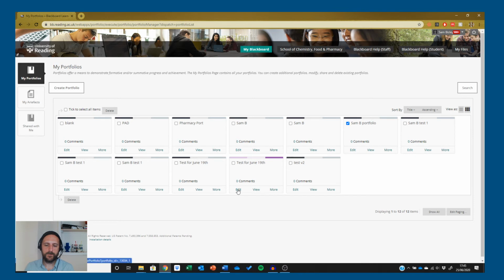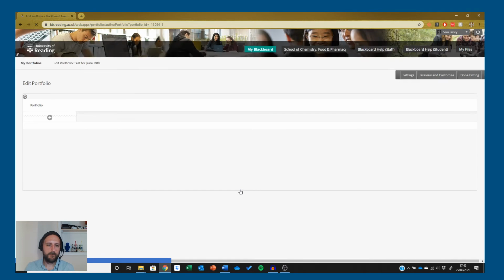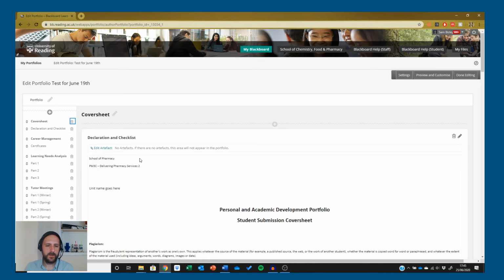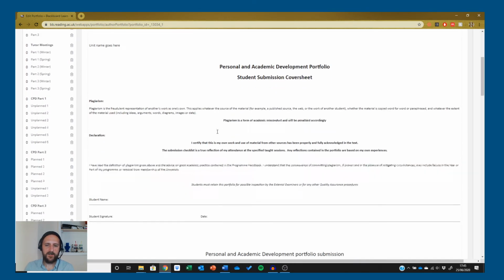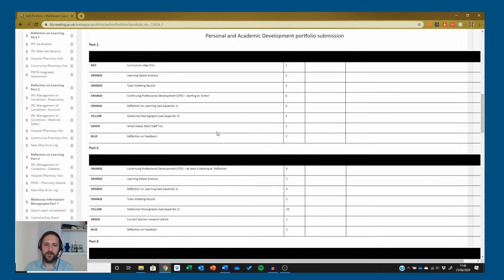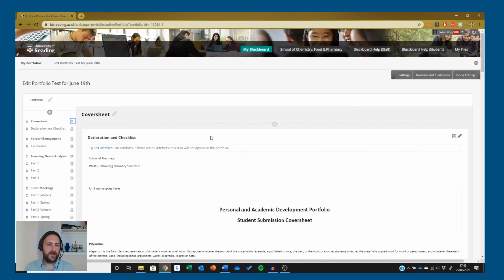Just to show you one that I've built a little bit, to show you what they look like. So should I go into edit mode or view mode? Let's go into edit mode first. So this is one I was playing around with a little bit. You can see here I've inserted the cover sheet. Again, we'll worry about cover sheets in part 3, but you'd insert your cover sheet,